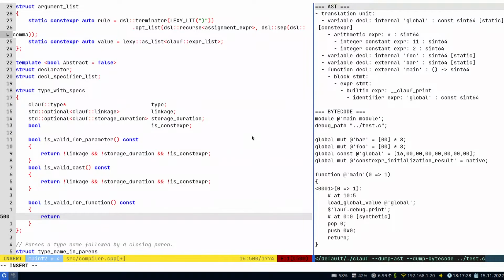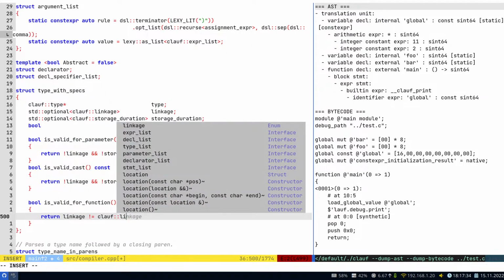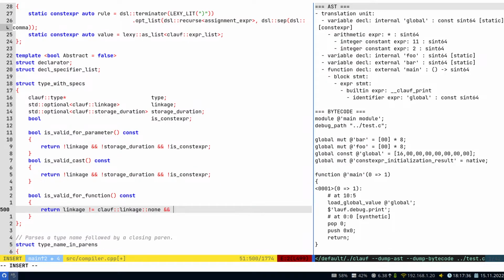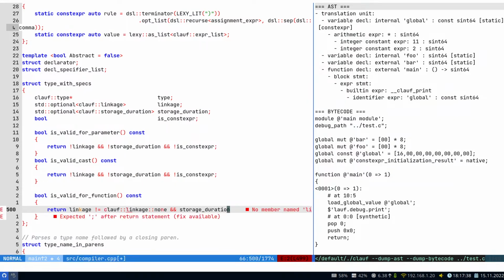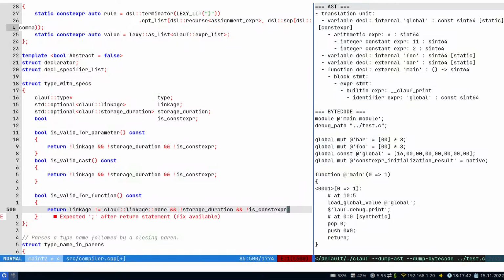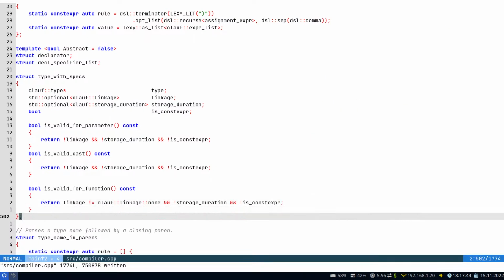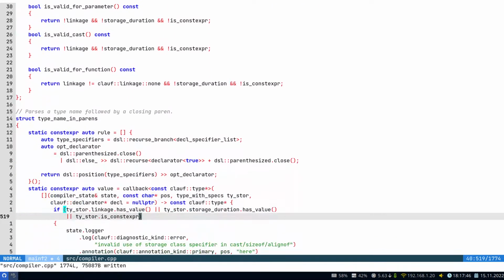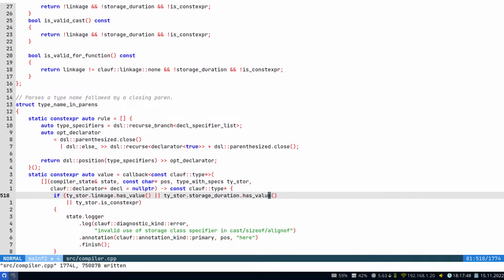Yeah, let's just say linkage. So the linkage must not be none. We must not have a storage duration because the function doesn't have storage. And we don't have constexpr function in C. So that's a check. So type name in parens, and then here we can do